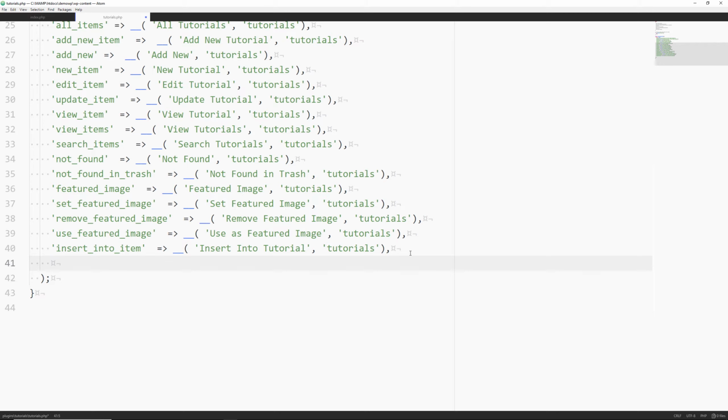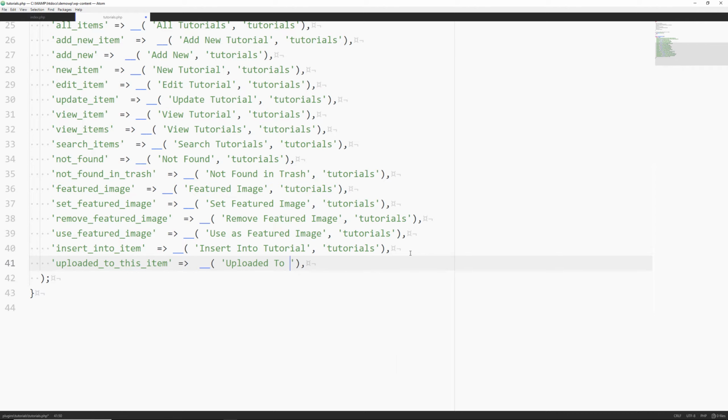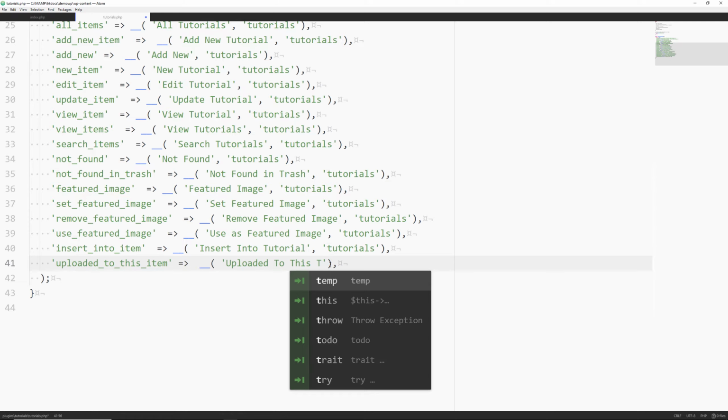Put a comma there, go to a new line, and then we'll say over here, we'll put in uploaded to this item. Uploaded to this item. Actually, we'll say tutorial.